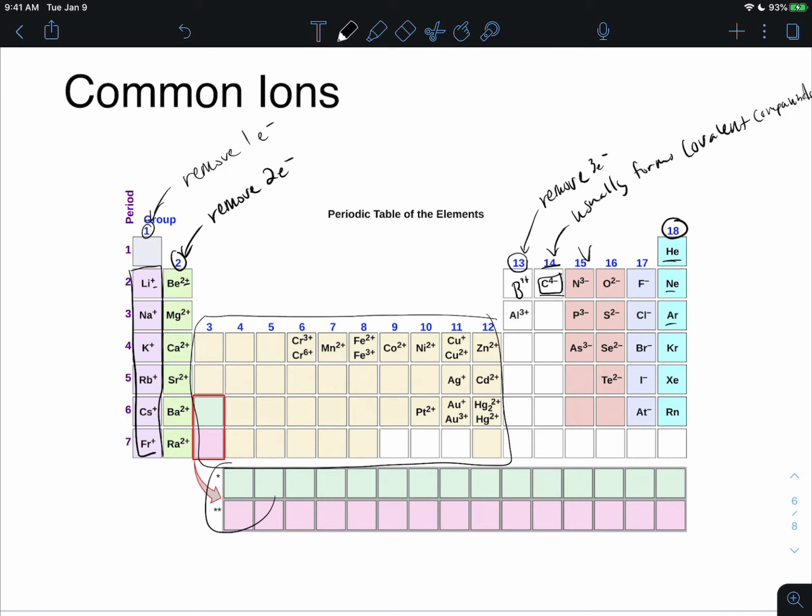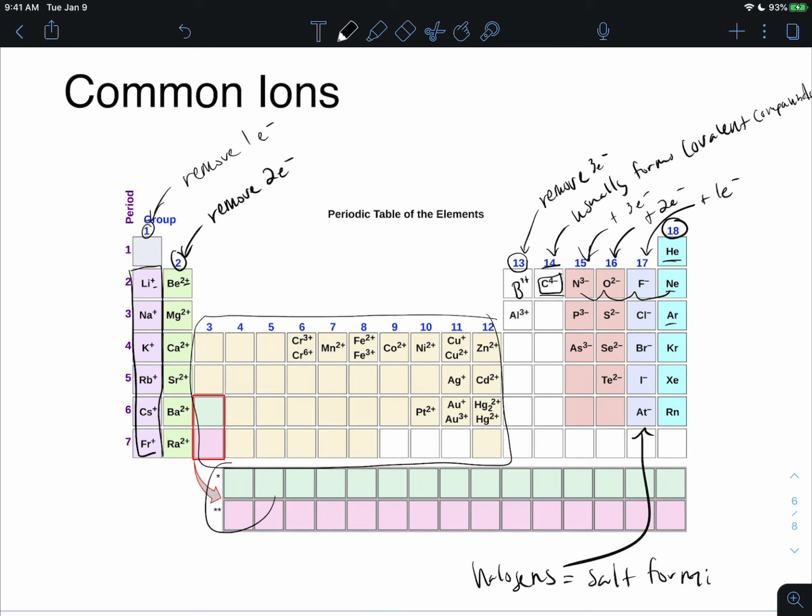Then we get to 15. Here we are 3 valence electrons away, 1, 2, 3, from our noble gas. So we just add 3 electrons, which gives us a 3 minus charge. 16, we add 2 electrons to get a 2 minus charge. And then 17, we add 1 electron, which is definitely the most energetically favorable, which is why these are halogens or salt formers,